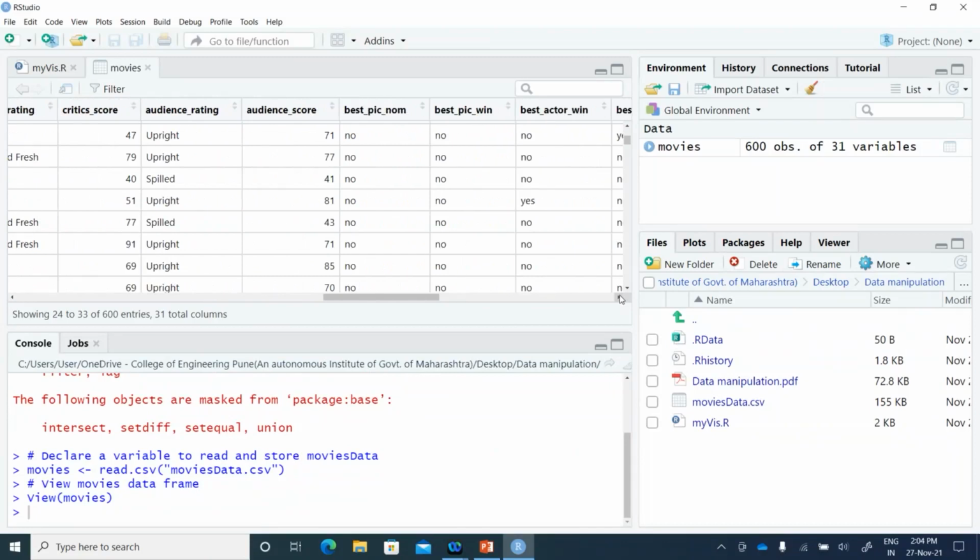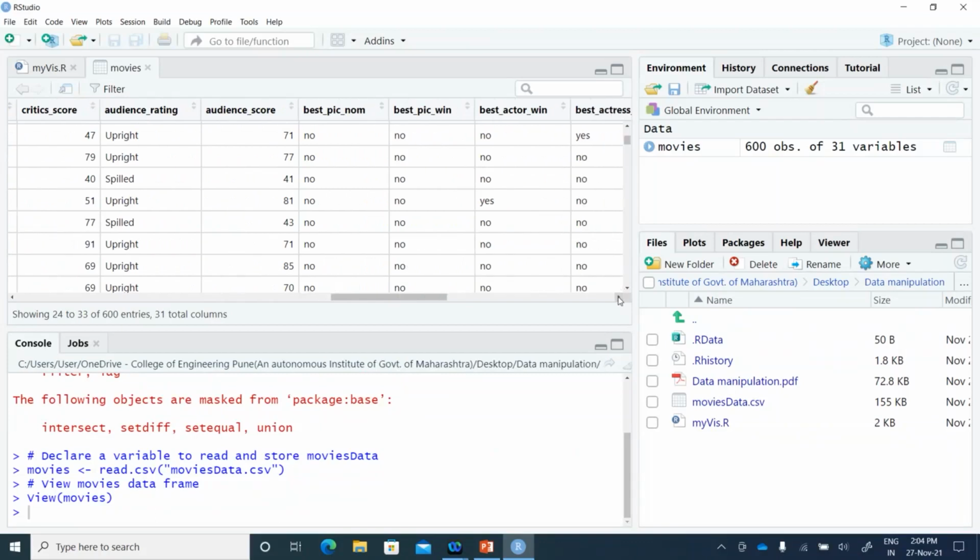has got best picture nomination, and whether it has won the best picture award in the Academy Awards, probably in Oscars.